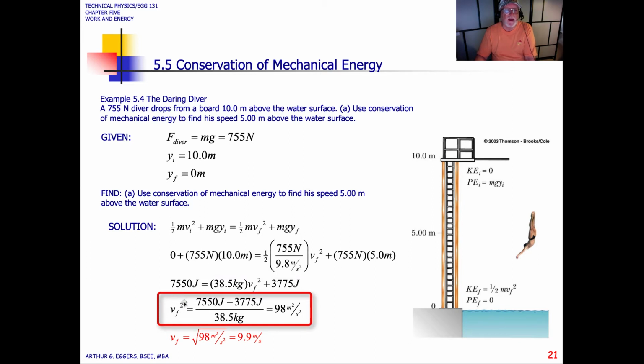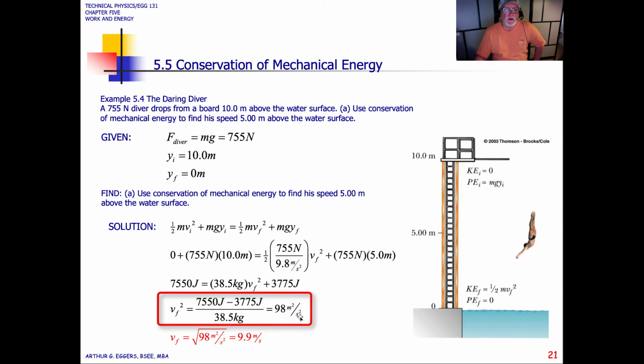And when we do that, you're going to look at this and go, how do I get joules and kilograms? Okay, this is where I told you you're going to have to remember how to decompose joules back into newton meters, back into kilogram meters squared per second squared. When you decompose joules back to kilogram meters squared per second squared, everything is going to drop out, mass-wise. So all the kilograms are going to disappear, and we're going to be left with 98 meters per second squared,